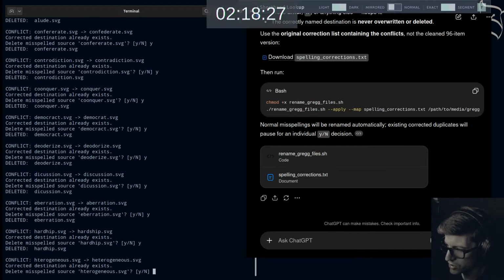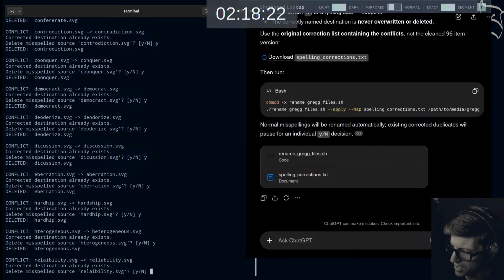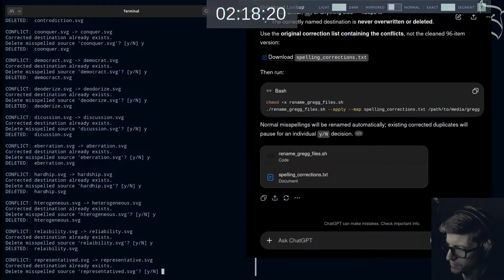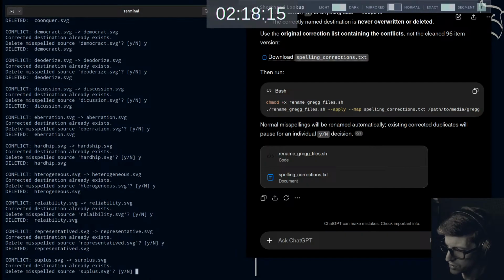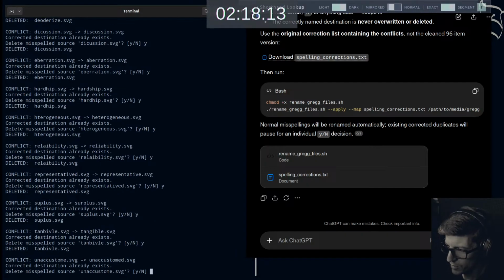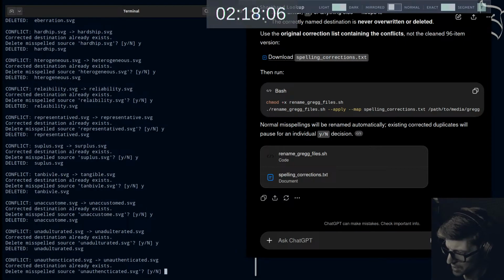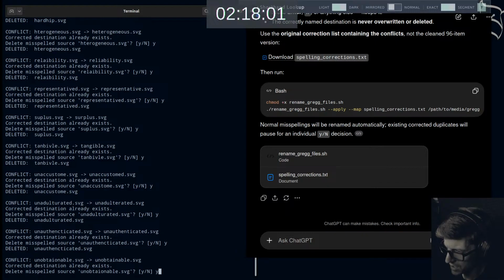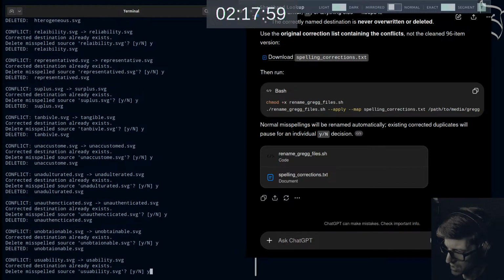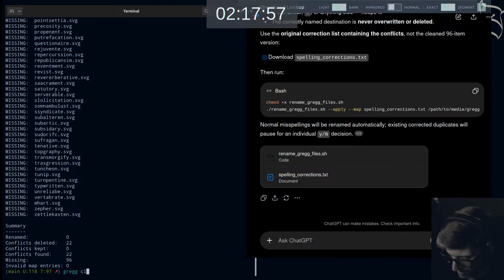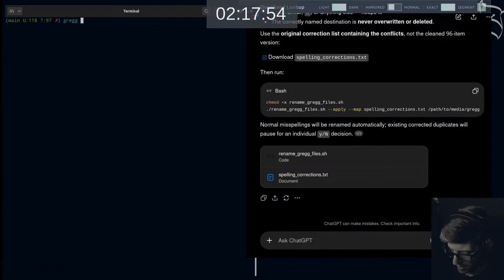Aberration, hardship, heterogeneous, reliability, representative, yep. Surplus, tangible, unaccustomed, unadulterated, yep. Unauthenticated, yep. Unobtainable, usability. All right, so we're going to clear, and we're going to run that script one more